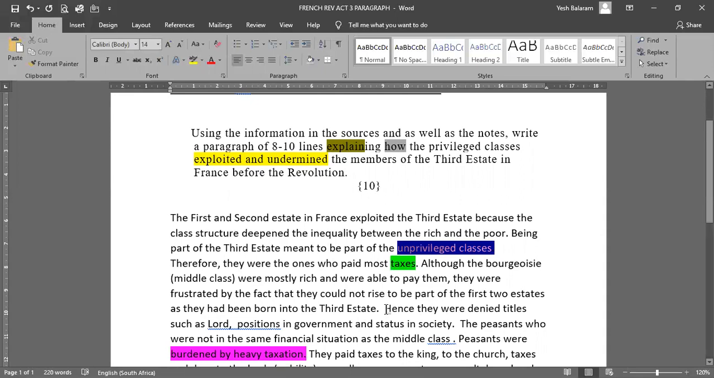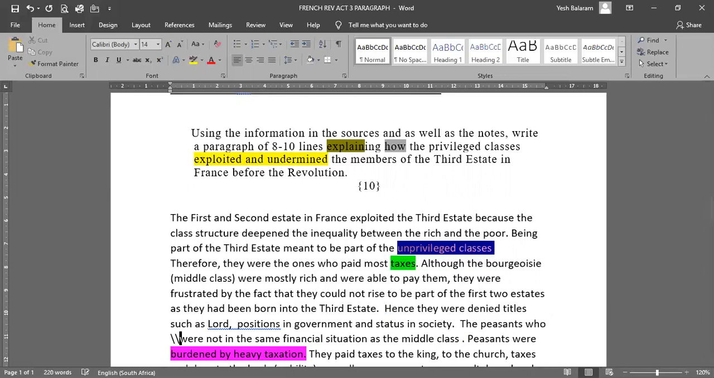So here you see the qualifying explanation. They were denied titles such as lords, they were denied positions in the government and status in society. So if you go back here, this is an example of they were undermined. That's an example that shows that they qualified to be part of any sector of society, but because they were born into the third estate, they were not allowed this right. Coming back to the peasants